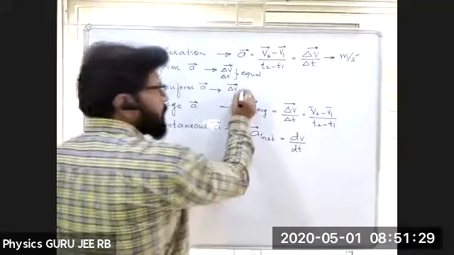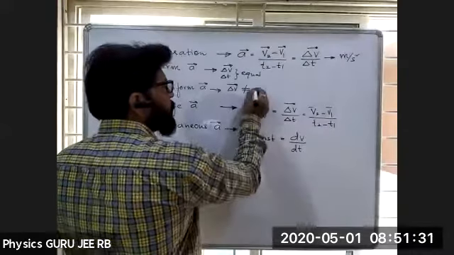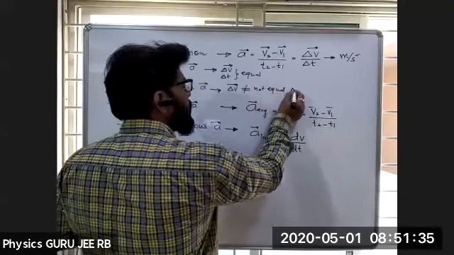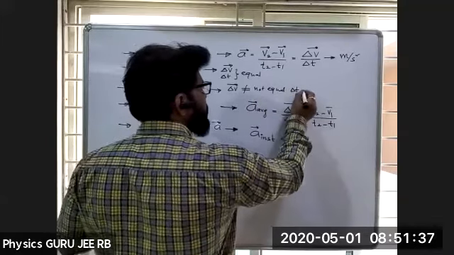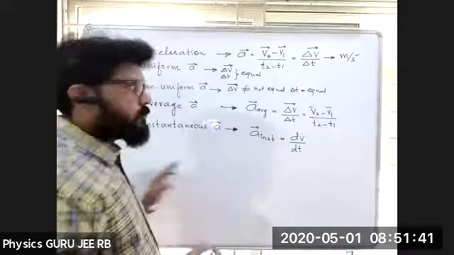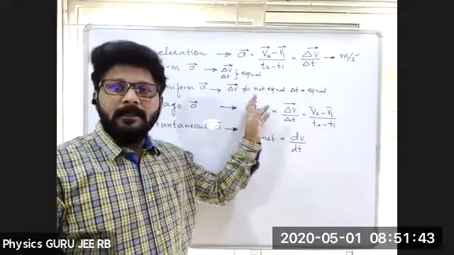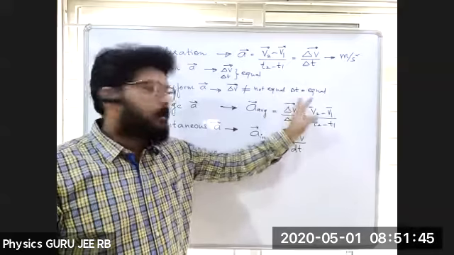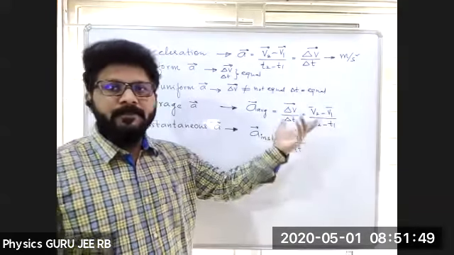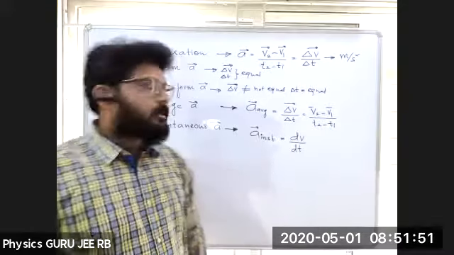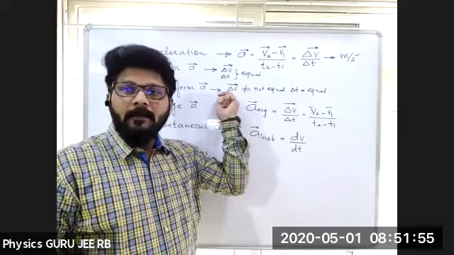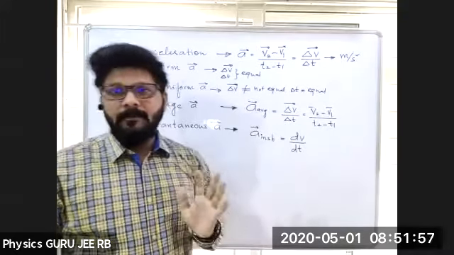If I take non-uniform acceleration, opposite to that, delta V is not equal and delta T is equal. That means if a body has a change in velocity that is not equal in equal intervals of time, or vice versa. Vice versa means, hope you can understand that, delta T is not equal but delta V is equal, right?